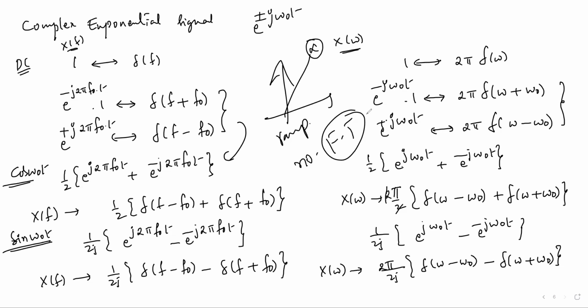I will recall this in Laplace transform once again. There are a lot of points to compare between Fourier transforms, Laplace transforms, and Z transforms like this. Some signals which are not Fourier transformable can be Laplace transformable and Z transformable. Those we have to highlight. And some signals which are not Laplace or Z transformable can be Fourier transformable. Here we have the duality property. There we don't have the duality property. In Laplace and Z transforms we have the ROC concept. In Fourier transforms, we don't have any ROC concept.